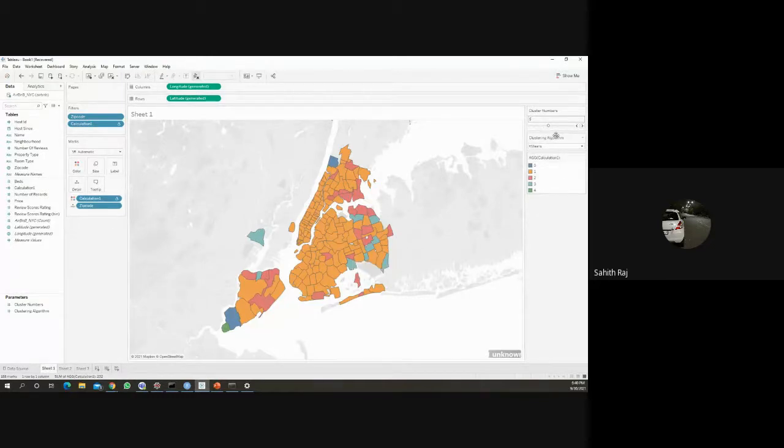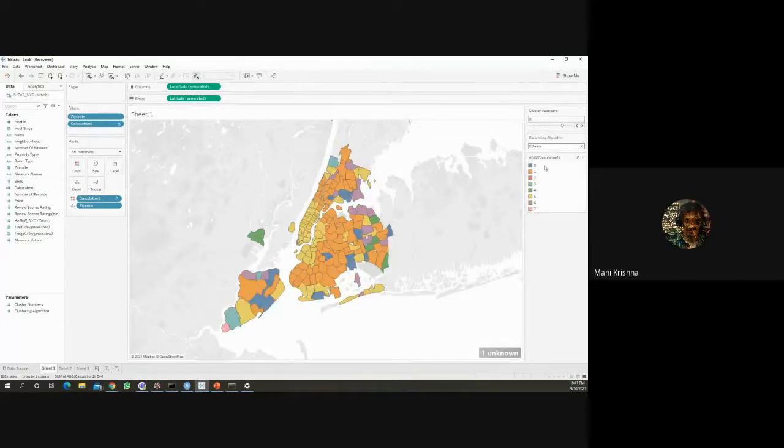As soon as I select the cluster number, the visualization changes and starts to increment. The same thing I can do with a different algorithm, and then with affinity propagation, and we are going to have different results here.